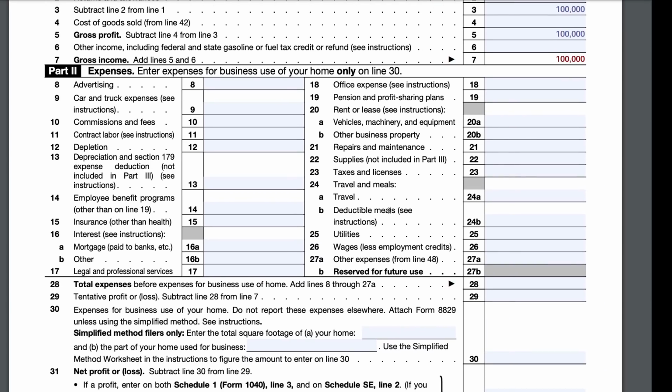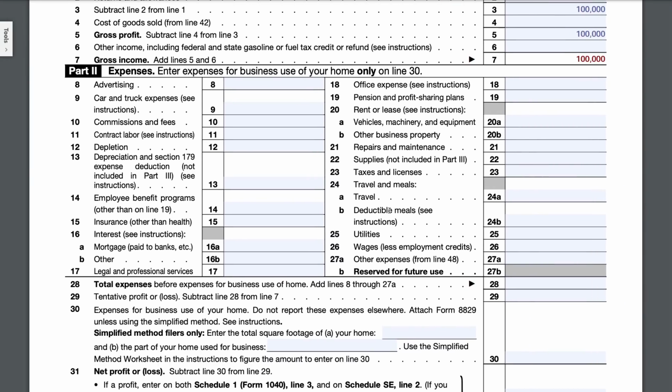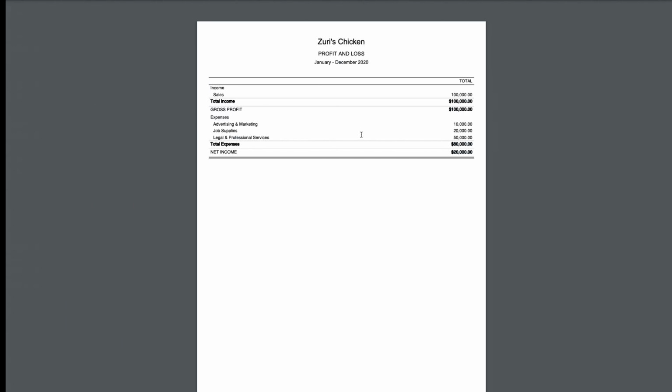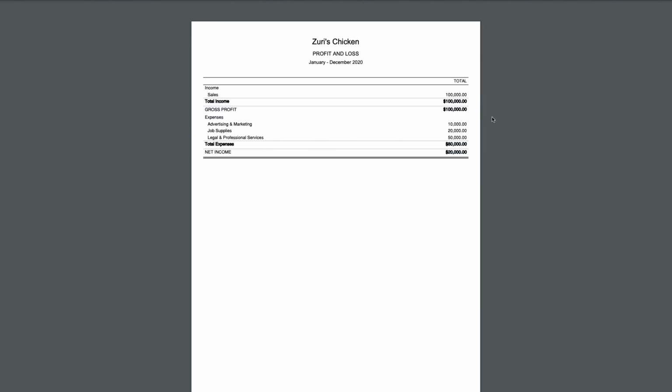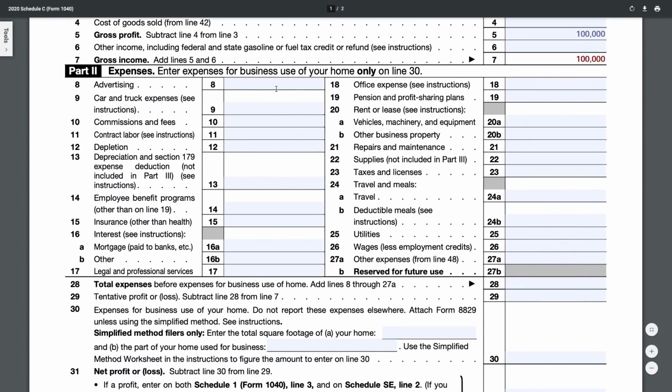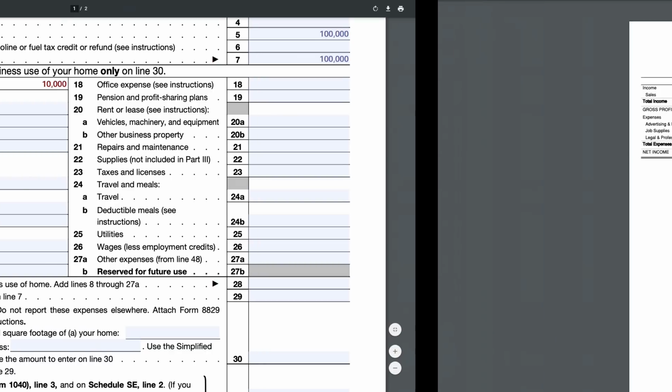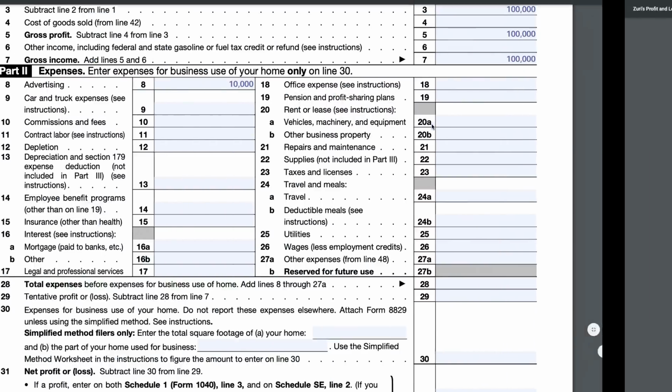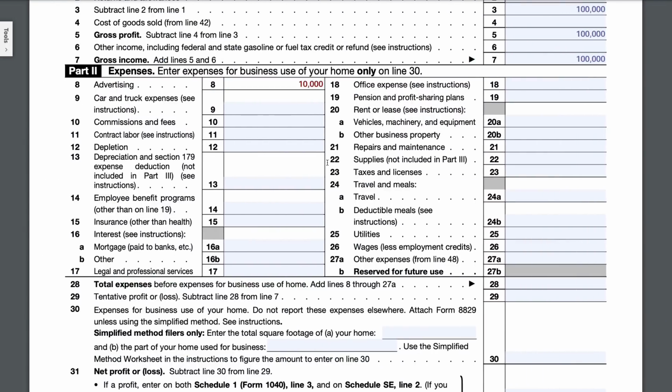So then we're in our expenses. This is why bookkeeping is super important, because now I can just flip between these two screens and fill out the tax return or Schedule C. So you see Zeri has some advertising and marketing for 10,000. So we'll put 10,000 right here. Then looks like Zeri had some job supplies for 20,000. So right here we would say supplies, line 22,